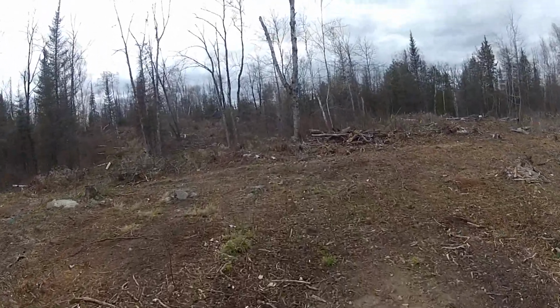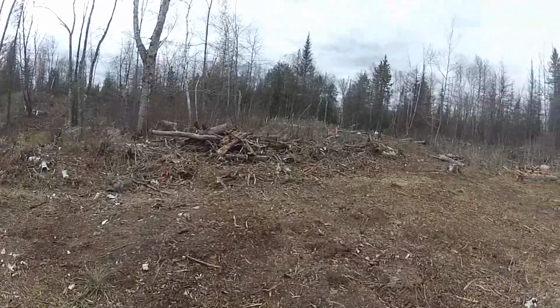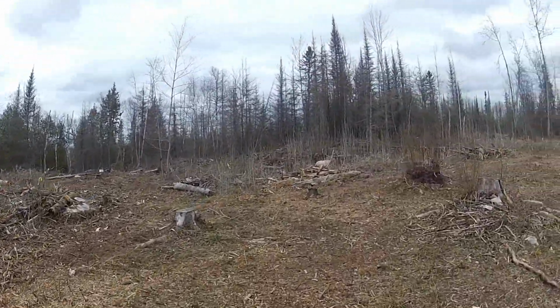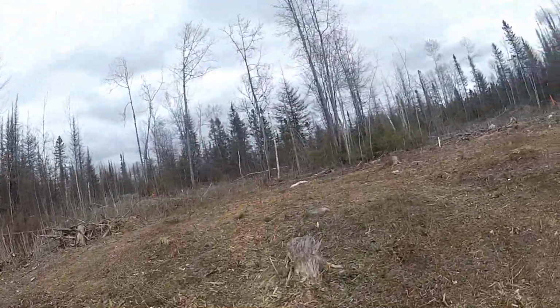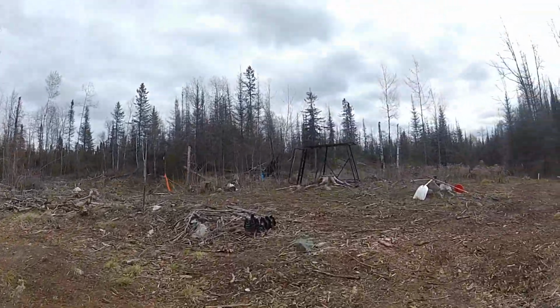So the next few days while we're waiting to plant will involve getting our red pine planted and maybe putting a little bit of fertilizer down on the food plots, and just wait for the correct weather conditions to take place in order to